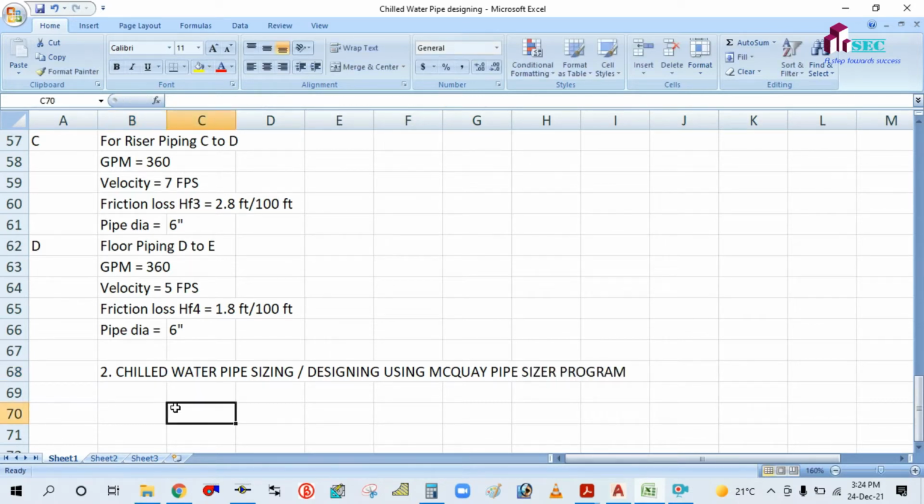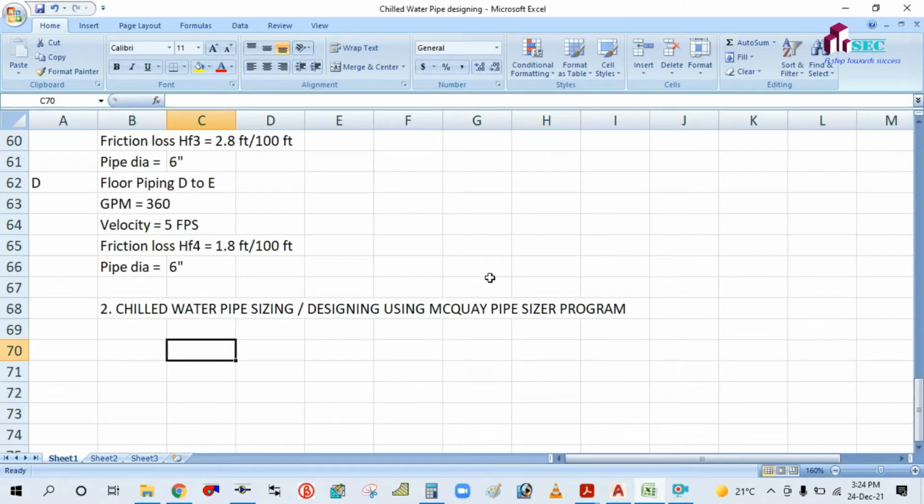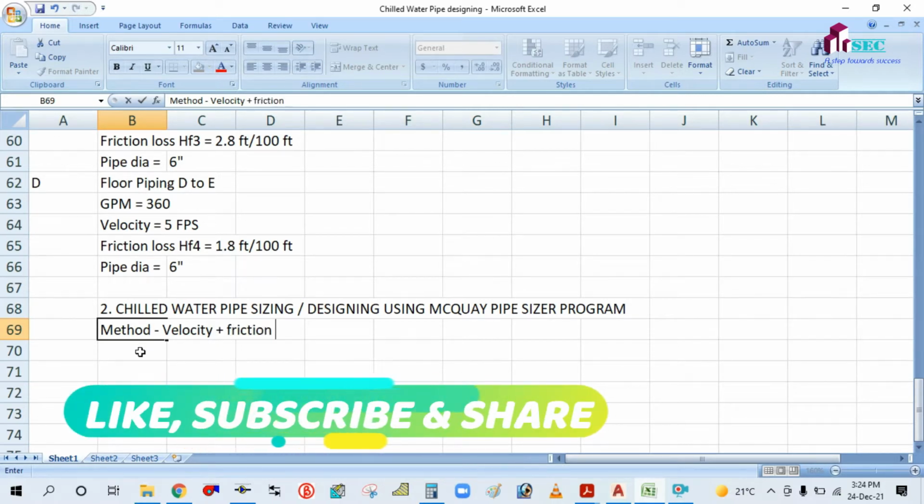Okay, method: velocity plus friction. Okay,